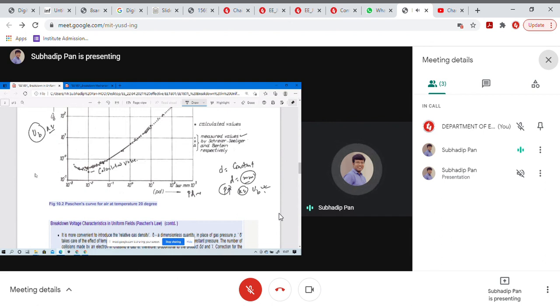And the plus point will be considered as this particular equation, that means this particular scientist is deciding. So this will be your calculated value, this value supposed to be this value, then this value. All those values are considered as your calculated value. So this particular figure will show the Paschen curve of atmospheric air at a certain temperature of 20 degrees centigrade.